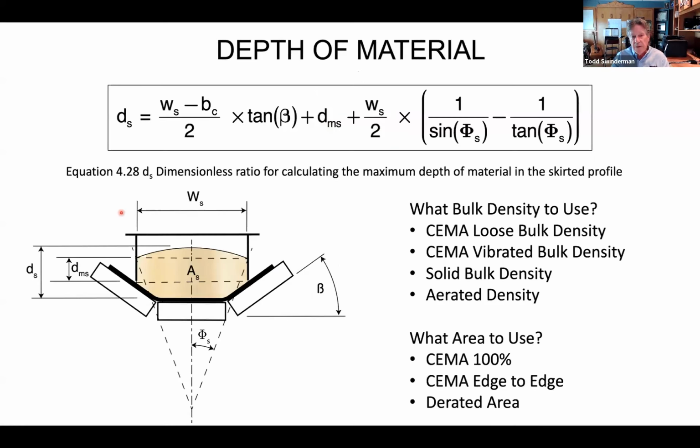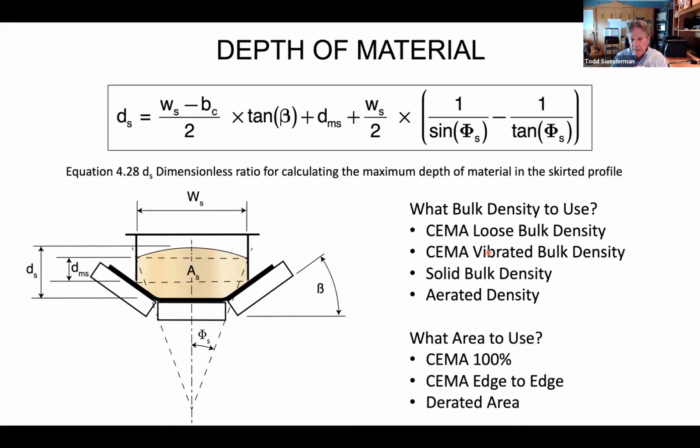Same thing with the depth of material. There's a formula for that, and you can calculate that. One of the things you need to be concerned about when you're calculating area is what density do you use. The loose bulk density is what is normally given for a bulk solid. The vibrated bulk density would resemble more the density of the material once it's out in the conveying run and it's been compacted by going over multiple idlers, or it's been sitting in a bin for a long time and